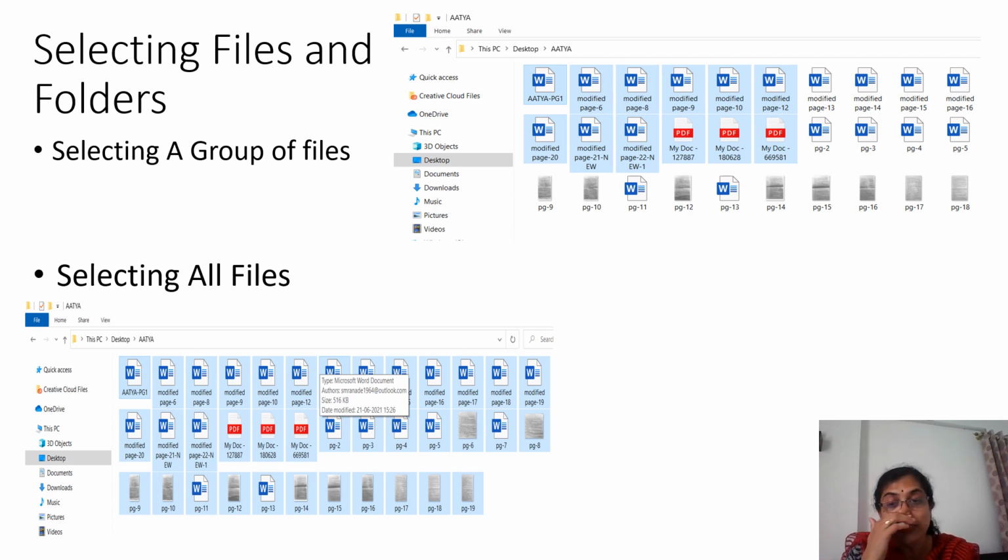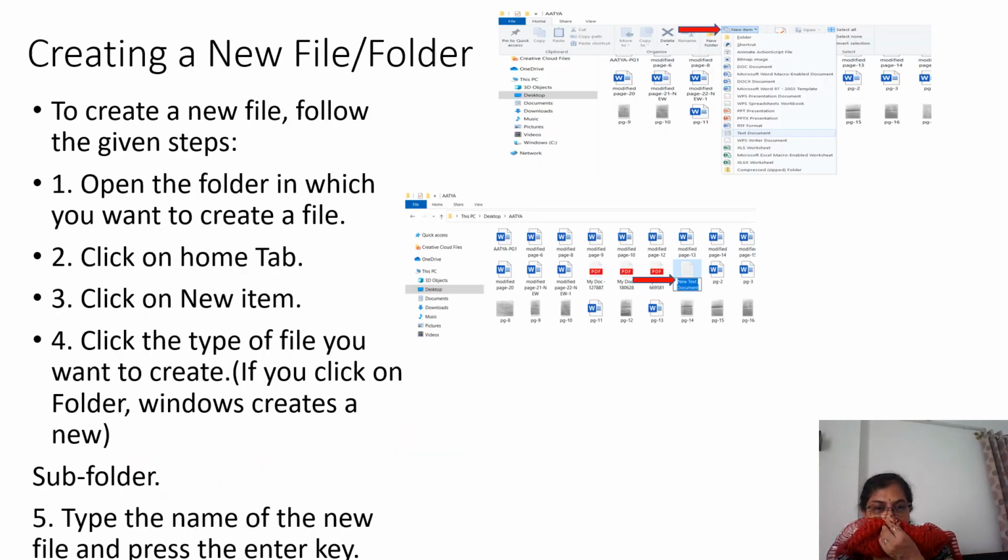If you want to select all the files, press the Control key and the alphabet A. Control plus A, and all the files in that particular folder or on the screen will get selected. Like this, one by one we are going to see how to create a file, how to rename a file, how to change the folder, how to make a folder on the desktop, all these things.